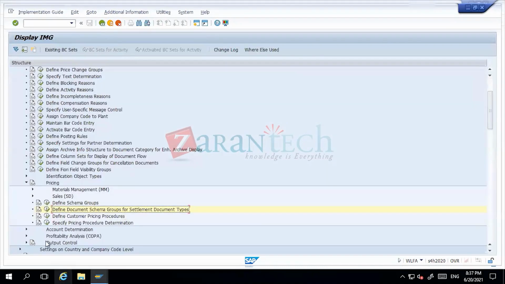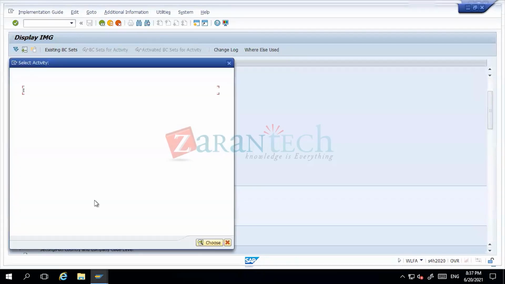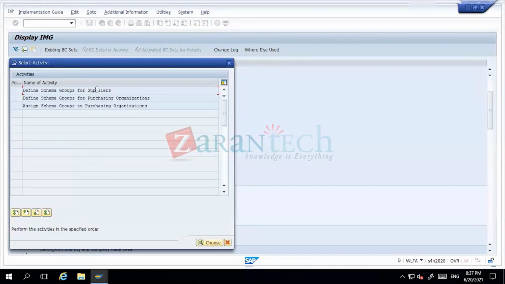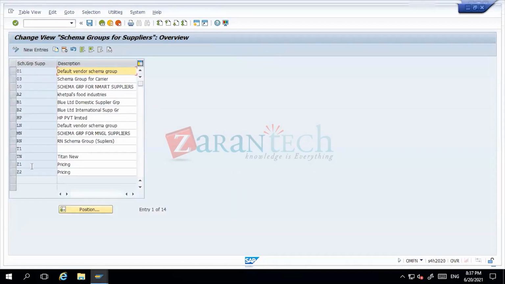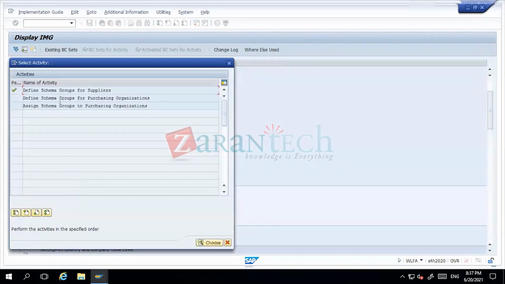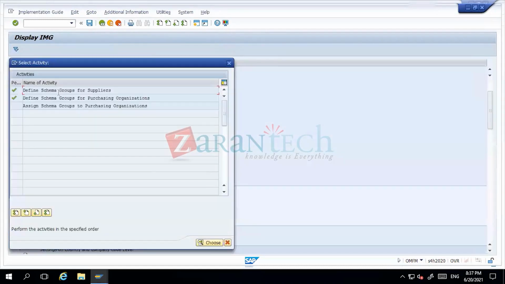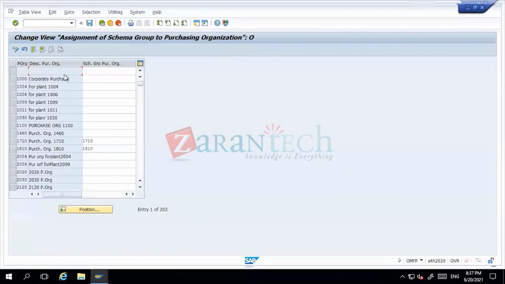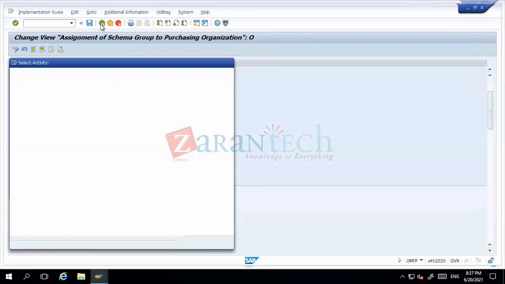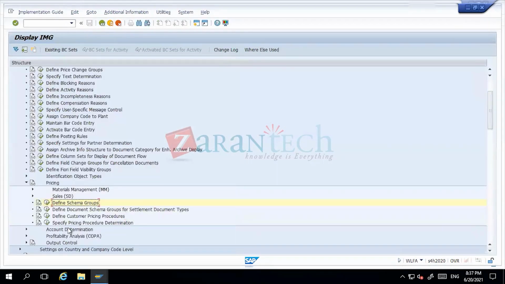You define under your schema groups. You define your schema groups for suppliers, if there is anything specific on the suppliers. Then a schema group for purchasing organizations. You define your schema group for purchasing organization and assign the schema group for purchasing organization to the purchasing order. This is similar to your pricing schema. Now coming to the sales schema,